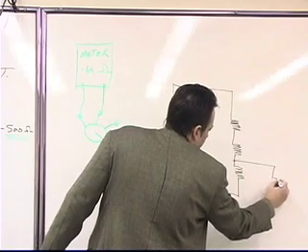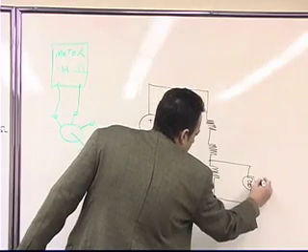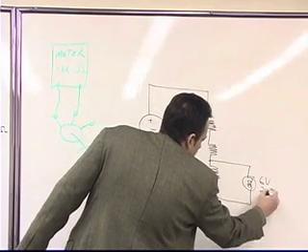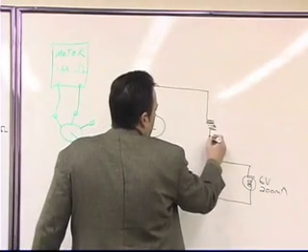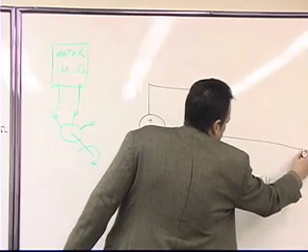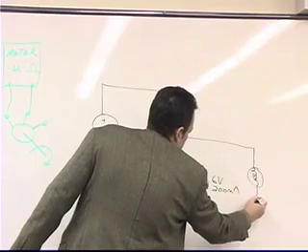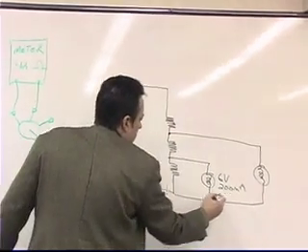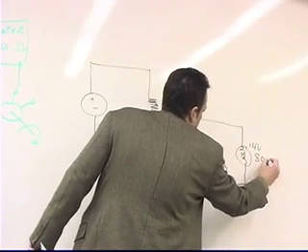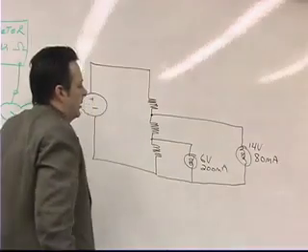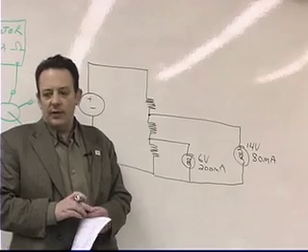Our loaded voltage divider had one light bulb in the bottom, and if you recall, it was rated for 6 volts and 200 milliamps. And then up here, we had another light bulb, and it was rated for 14 volts at 80 milliamps. Okay? The temptation is this. The temptation is,